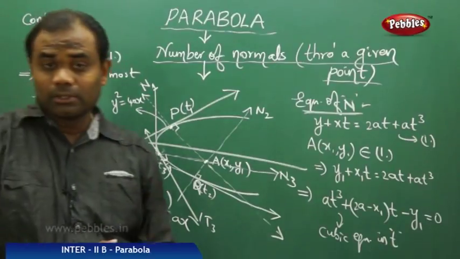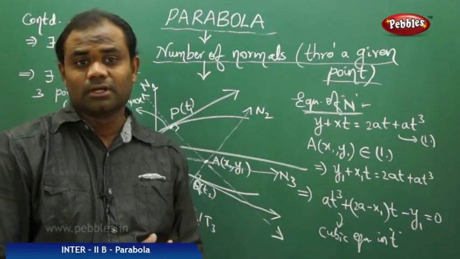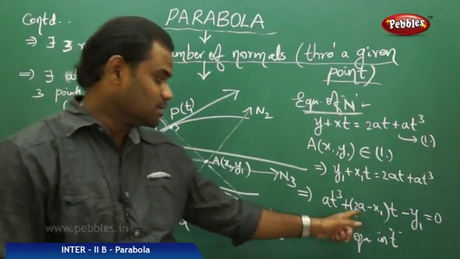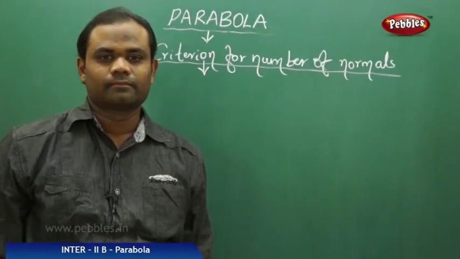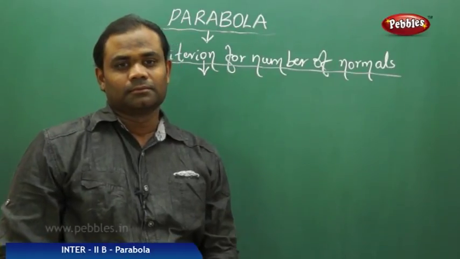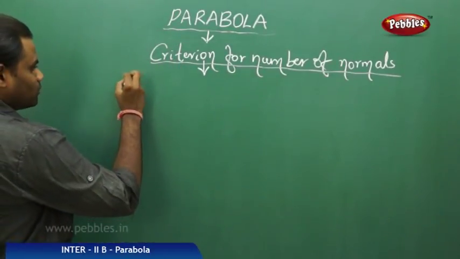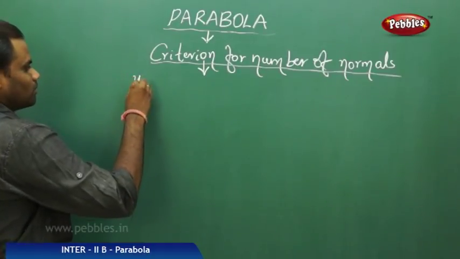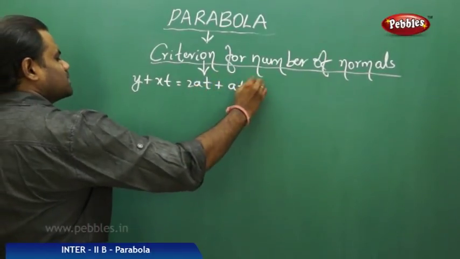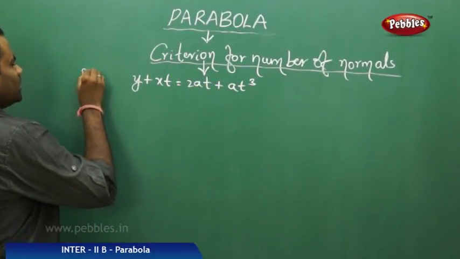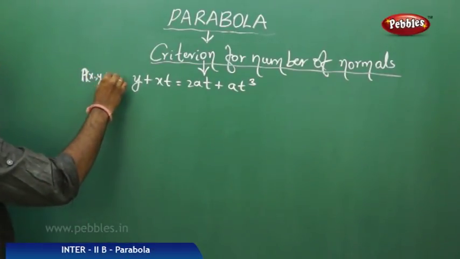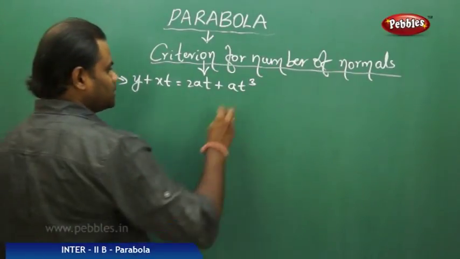So there can be 1 normal, 2 normals or 3 normals from a point to the parabola y square equal to 4ax, because this is a cubic equation in t. Now let's see the number of normals as a criterion or the condition. We know the equation of normal is y plus xt is equal to 2at plus at cube. And if the point (x1, y1) lies on the normal, then we have the condition